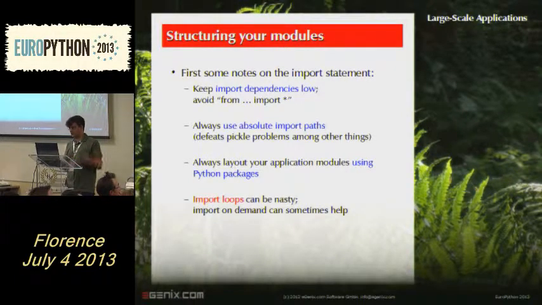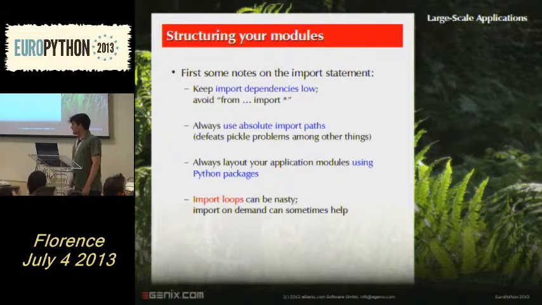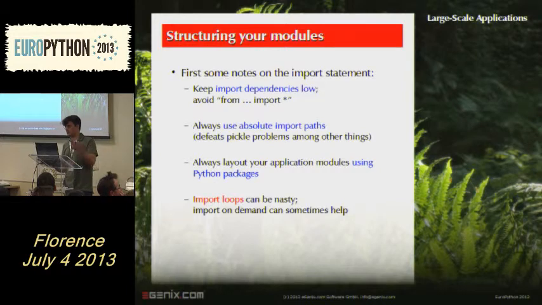Right, so of course when you have all your design written up and you know how to structure your application, now you actually have to code, right? So how do you do that? Well, the slide starts with structuring your modules. I would actually say it's more important to start structuring your file system properly in order to implement those things. The way we do this is we take the layers and have one directory per layer, and under that layer directory we have all the other directories needed for that particular layer. It's very important to put everything into Python modules, obviously.